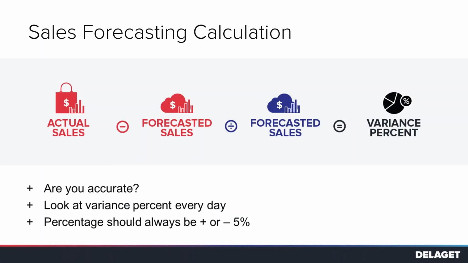So in terms of measuring your actual versus your forecasted sales, we have a very basic calculation. Your actual sales minus your forecasted sales divided by your forecasted sales gets you your variance percent. So how accurate are you? And I suggest that you look at this variance every day. If you have a web-based solution, or even your POS could probably provide this for you, you could dig into your variance on a day part basis and really understand the details of your business and how you're forecasting not only each of the individual days, but the day parts within the day.